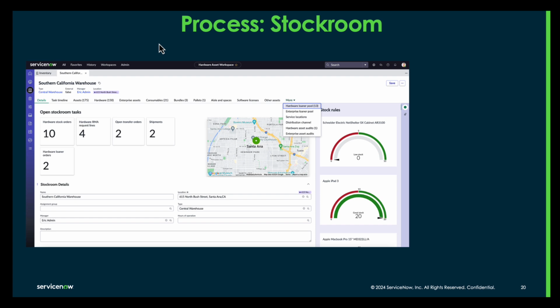So this is a new stockroom UI. Wow, it looks really good, right? And this new stock UI puts all of your inventory into one thing. So we're looking at a stock room here, and you'll be able to see your different stock room orders, your